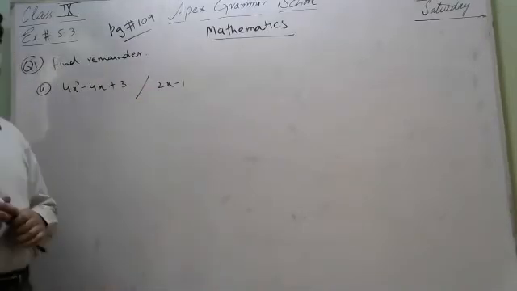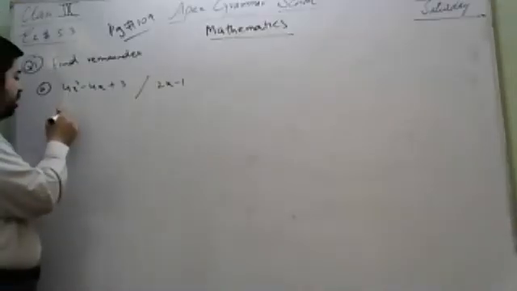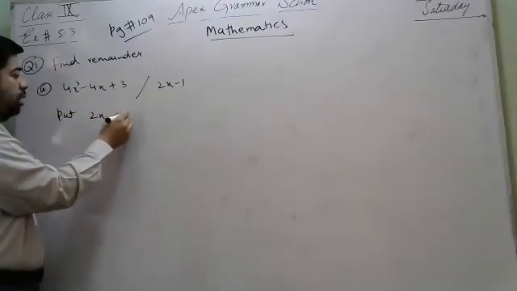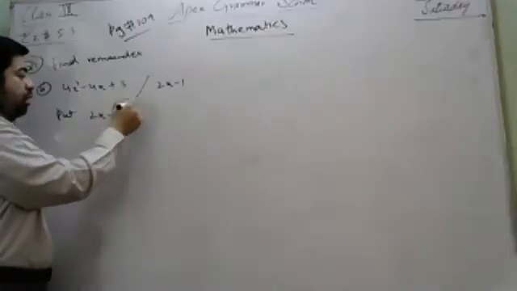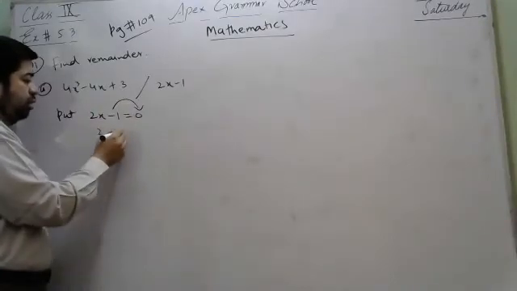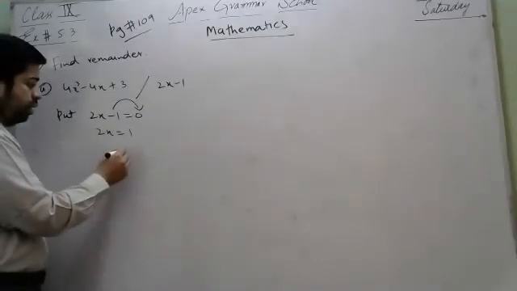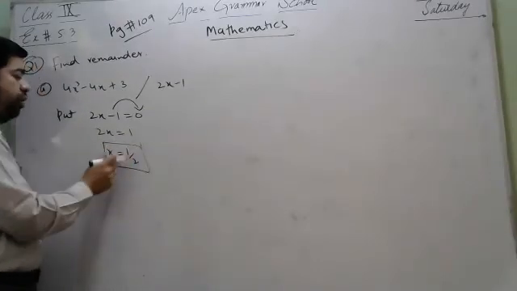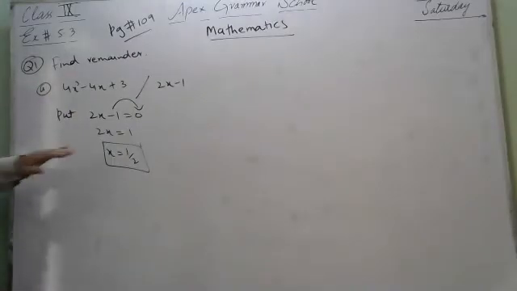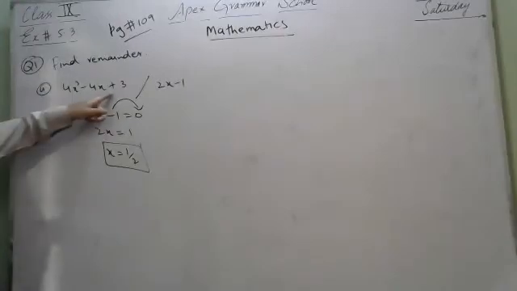2x minus 1, we have to put 2x minus 1 equal to 0. This minus will be positive here. After that, you have to find the value of x here. 2 is going to be divided there. So we have the value of x is 1 over 2. Now you have to put this value, x is equal to 1 over 2, in all the places which contain